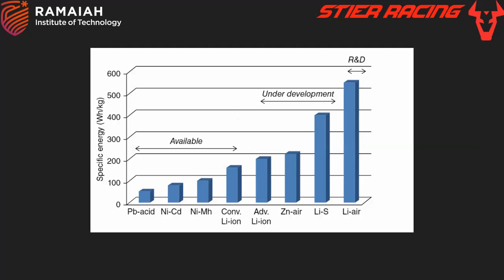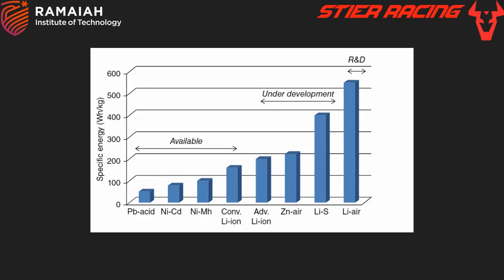There are many battery technologies, many chemistries available. The most common one you have seen is the lead acid battery, in all of the heavy batteries you have seen. They are most common and very cheap, but they have less specific energy. Specific energy, which you can also call energy density, is how much energy is stored per kilogram of the battery.